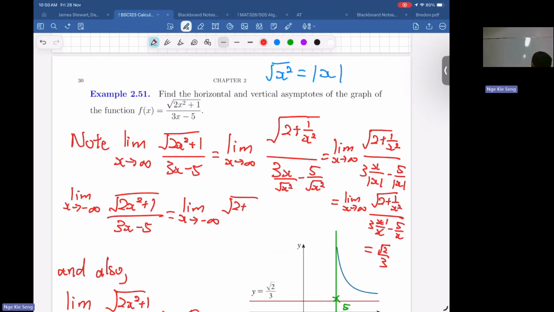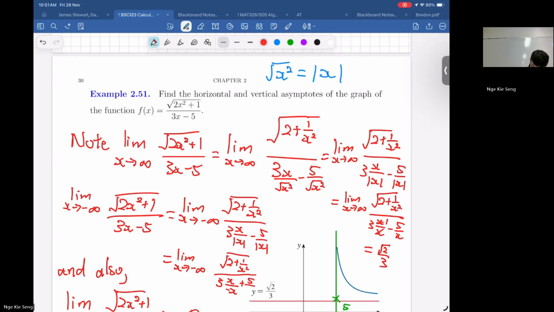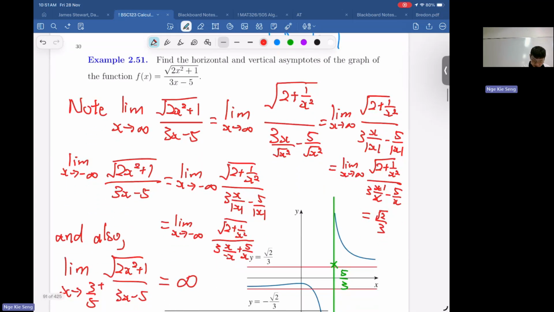What happened to this portion here? Because when x goes to negative infinity, your x will become x over negative x. And then on one side, you also become negative x, right? Okay. Then